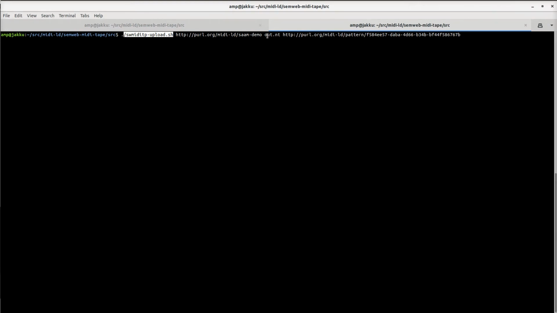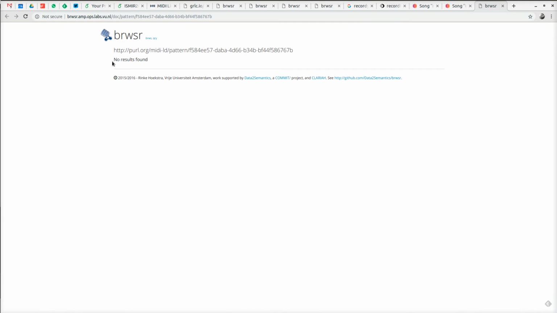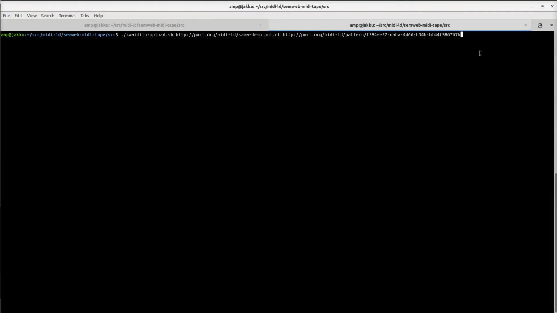Next thing we can do with the tape is to upload our performance to the MIDI Linked Data Cloud. To do that, we need to serialize the output graph into an N-Triples file. That's pretty easy using the standard Linux bash pipes. And we need to attach the URI that the tape just gave to us. That URI does not dereference at this point, obviously. But once we issue this command,